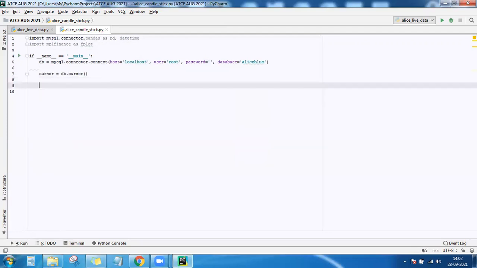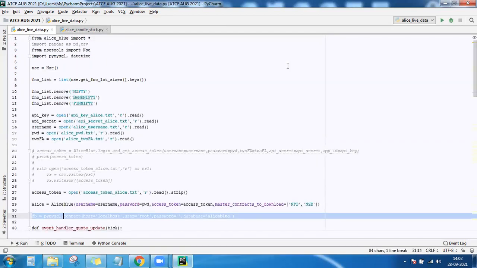So cursor is established. Now query whatever data you want. I'm requesting only for one symbol. So select all data from current day where the symbol equals ACC. Only the stock data of ACC we are requesting. Till then we'll let the program run so that some data will be there for us in order to retrieve.